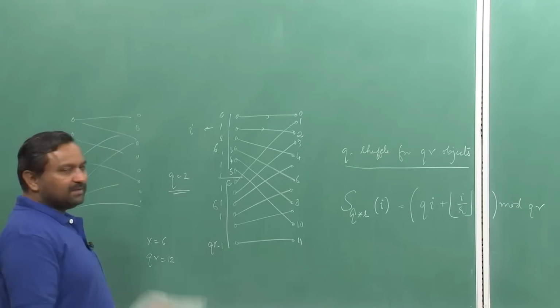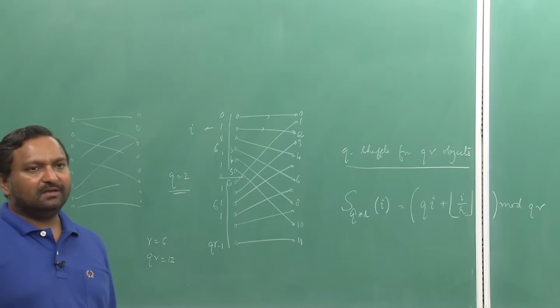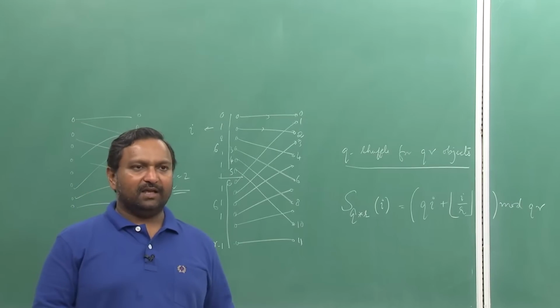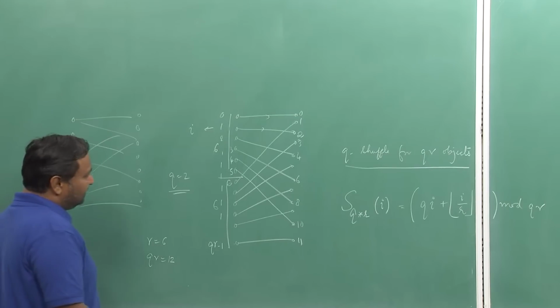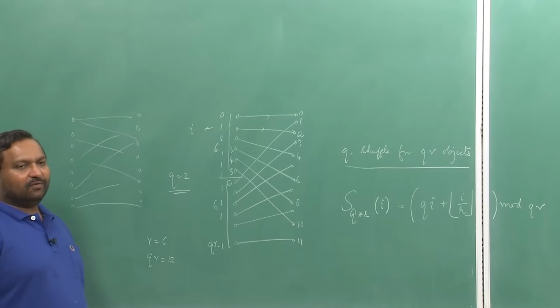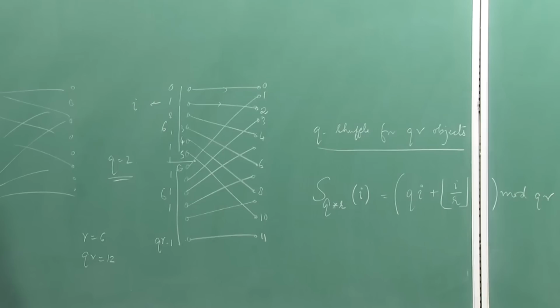Q equal to 2 is a simple one, which we commonly use when we play the game of cards, playing cards actually. We can actually try even for a 3 shuffle or 4 shuffle or 5 shuffle also. So the idea is basically